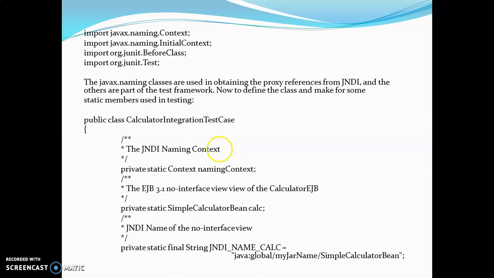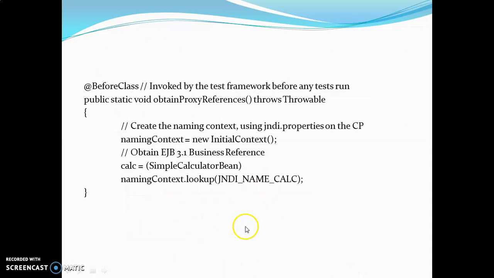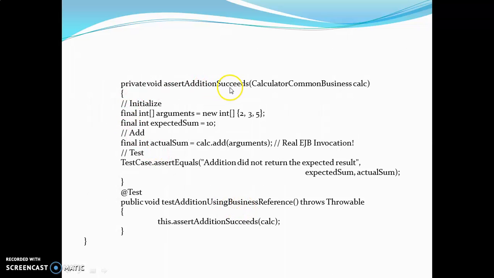Here there is one small example for working with us. We are using one calculator integration, and here we make use of the EJB, and here we see the JNDI name for this. Then there are some business methods, naming context, and so on. Then we obtain the proxy references by using the naming context lookup. Then we are making use of addition succeeds. If it is successful, then we give the actual sum. So this is how our EJB implementation actually works, but most of the times we don't go for coding because everything is provided by